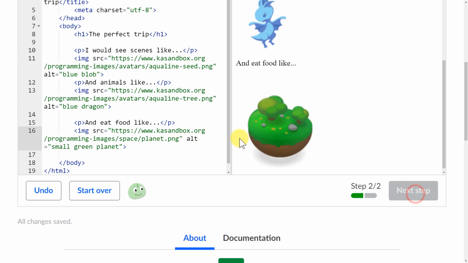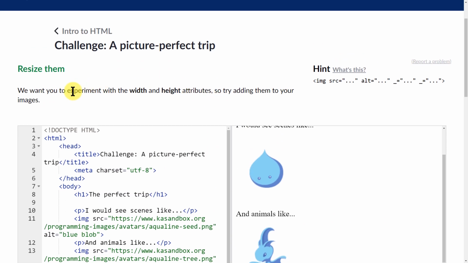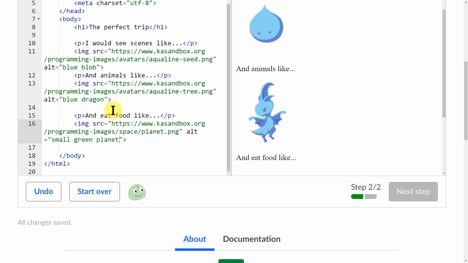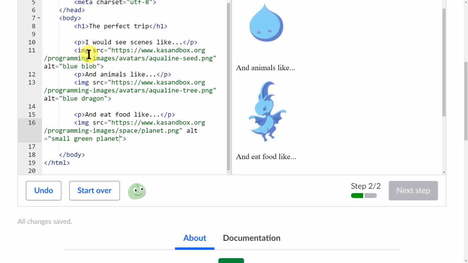On to the next step. Let's see what the instructions say to do next. It says it wants you to experiment with the width and height attributes, so try adding them to your images. I already have 2 attributes each. I have SRC and I have alt. Those are both attributes that I've added to the image tag, but it wants me to use width and height as well. So I'm going to do width